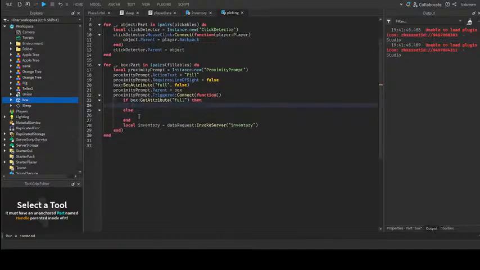Okay, so here we'll obviously at the end be changing the attributes. So if it was full, we'll now make it not full, and if it wasn't full, we'll now make it full. And also the prompt will change. So if it was full,